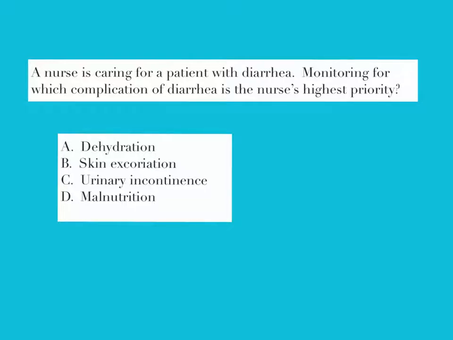In this stem, a nurse is caring for a patient with diarrhea. Monitoring for which complication of diarrhea is the nurse's highest priority? Okay, so let's pick out those key words and phrases. Which complication is the nurse